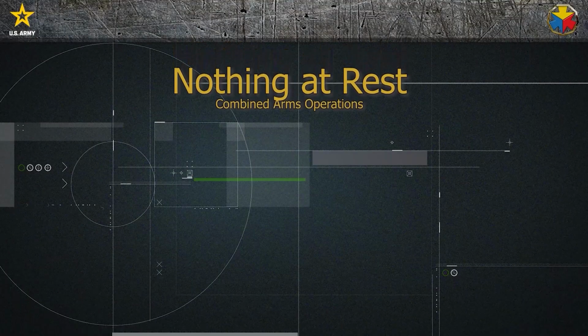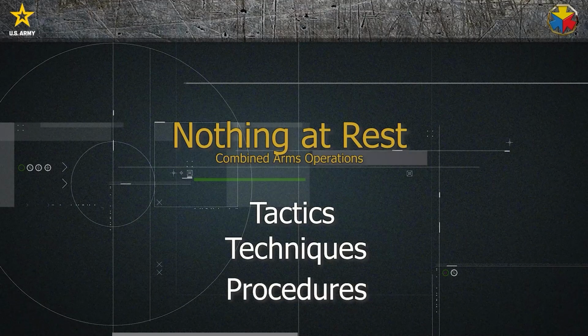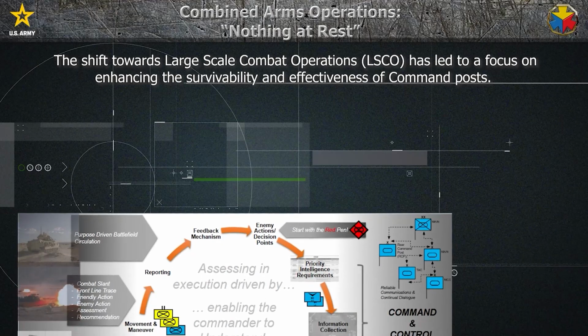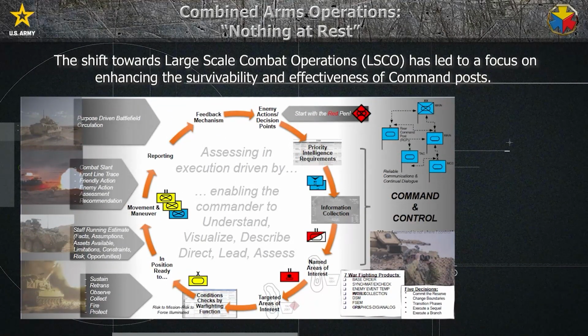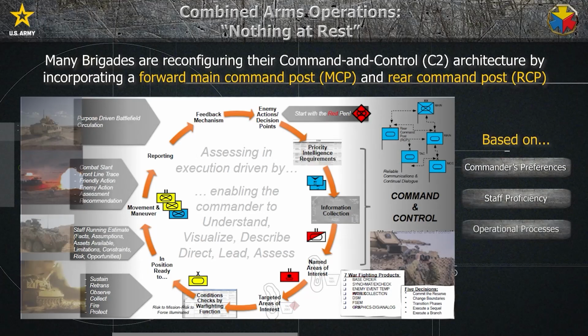On this episode of TAC Talks, I'll be discussing tactics, techniques, and procedures about leaving nothing at rest. The shift towards large-scale combat operations, or LSCO, has led to a focus on enhancing the survivability and effectiveness of our command posts. As a result, many brigades are reconfiguring their command and control, or C2 architecture, and incorporating a forward command post and a rear command post to varying extents based on the commander's preferences, staff proficiency, operational processes,